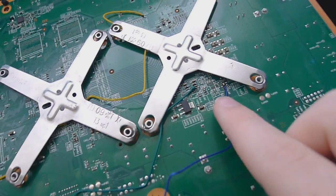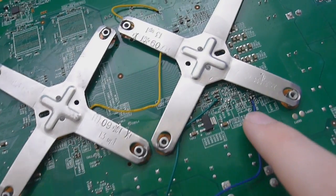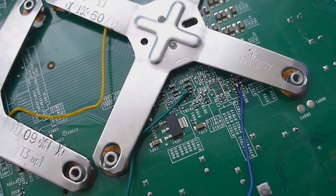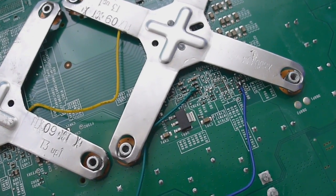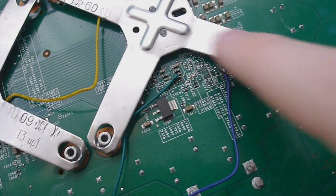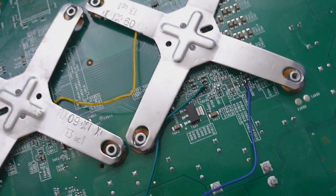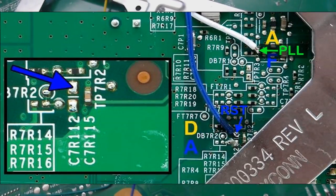Then you've got your CPU RST, your CPU reset, which is right here. Again, I'll see if I can zoom in. So you can see that soldered there. And the CPU reset, again, precision tip for that one, it's a very small point. You can get to it without having to take the X clamp off, especially if you use a precision tip, of course. So again, image up on screen of where that is, the same image as before,